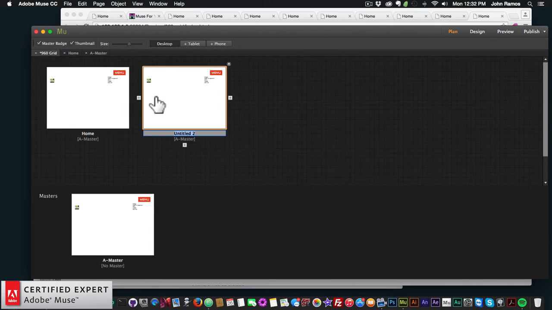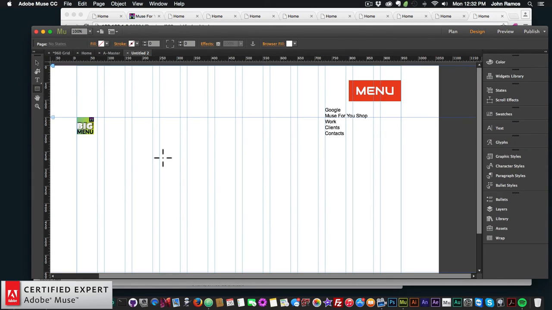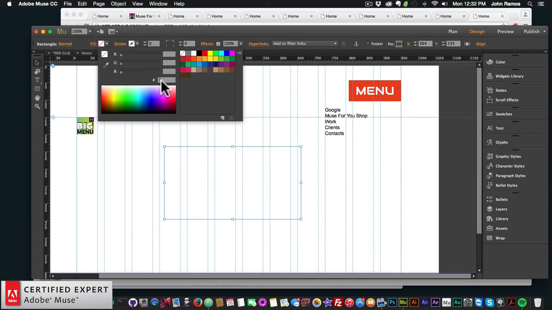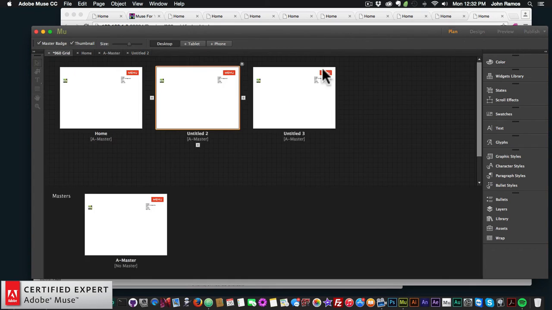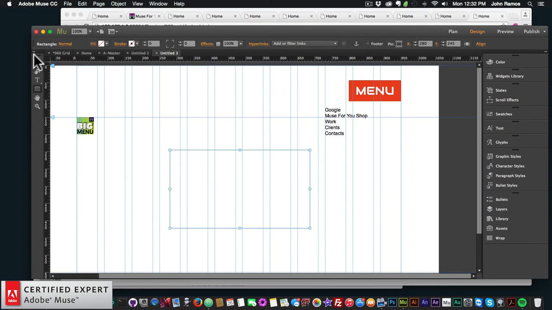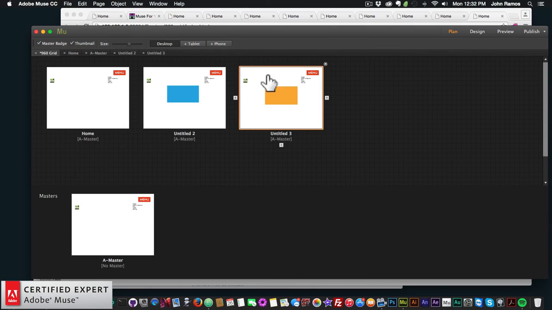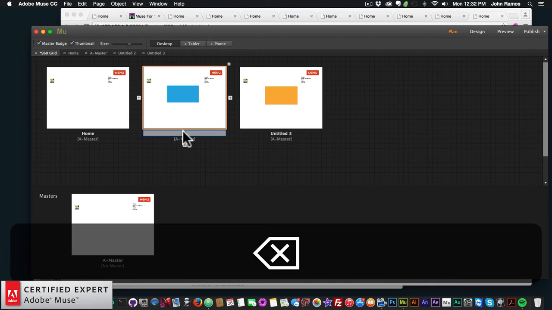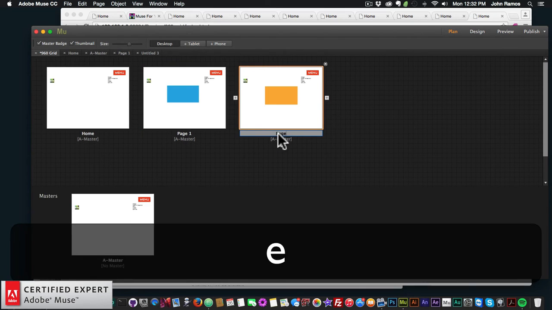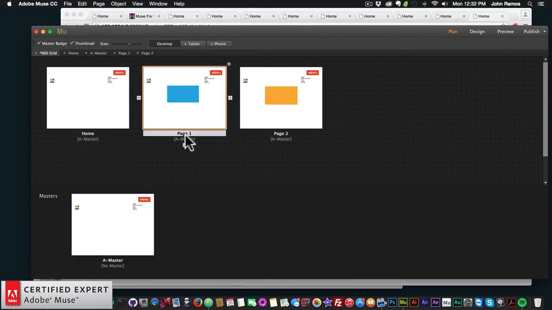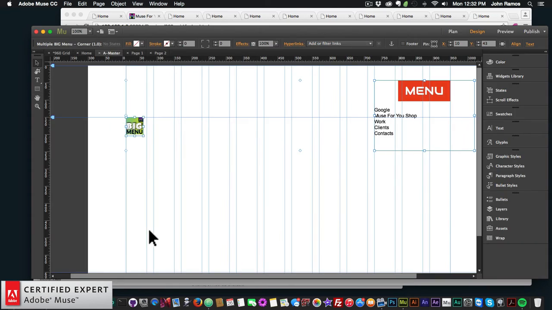So if I have any other pages, each of those pages is going to have the menu. Okay, very nice. And I'll just create another rectangle here and fill that there. So we have different pages there. So I'm actually going to link the menu to internal pages. So I'm going to call this page 1 and page 2. I've showed you how to link to external pages, so now I'll show you how to link to internal pages. So to link to internal pages, we're going to open up the master page where we've added the menu,